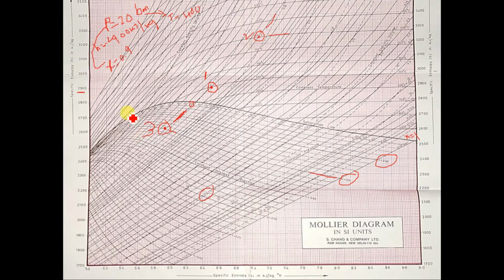Now the same pressure, and we take the entropy 6.4 kilojoule per kg Kelvin. Straight line we are having here. Bring it. So this is my intersection. This is my state point 4. So like that we can mark any intersection point if you know any two parameters. If these parameters are known, there is no problem. If these parameters are unknown, then what to do? Next we will discuss about it.